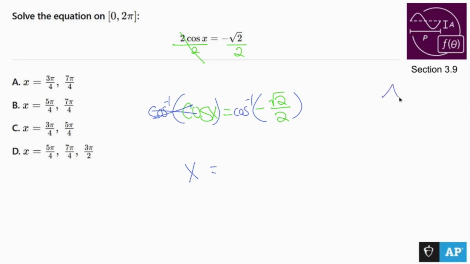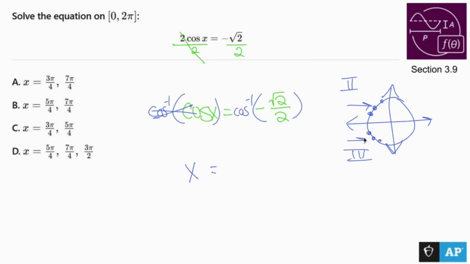Okay, well, let's think unit circle thoughts. Because cosine is an x, I need an x value of negative root 2 over 2. Cosine is negative in quadrant 2 and in quadrant 3. The x value of negative root 2 over 2 appears on the middle dot for quadrant 2 and the middle dot for quadrant